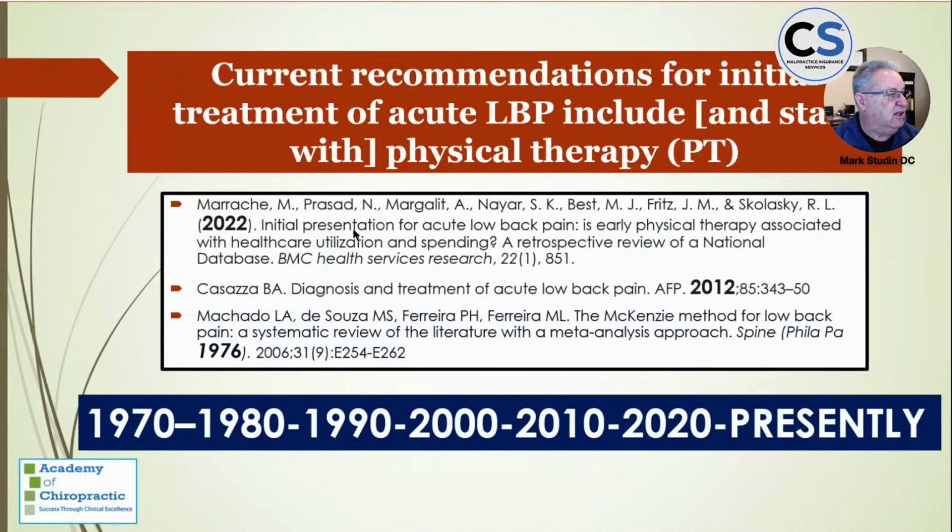Well, first of all, as recently as now, and I only put a 2022 citation here, but even if I pulled a 2025 citation, it says early physical therapy is the number one choice. Well, guess what? What do physical therapists do? Physical therapists do orthokinematic glides, moving through the joint. 2012, the same thing. 1976, McKenzie method. Take your neck and push it forward, get your spine in place. You physically do it, have the physical therapist do it. And when you do that, that's moving through an orthokinematic maneuver.